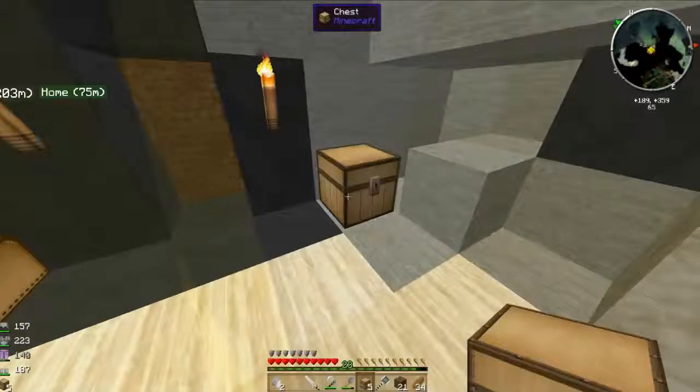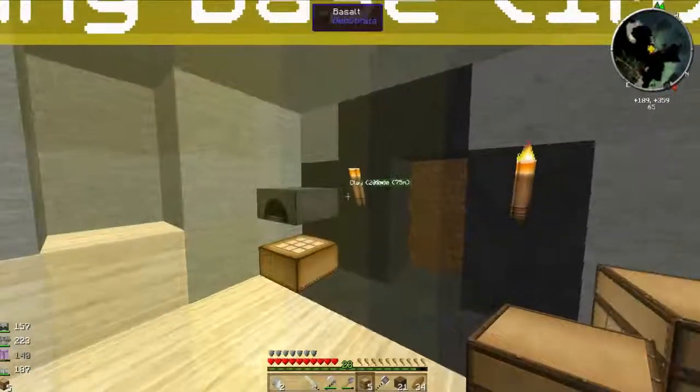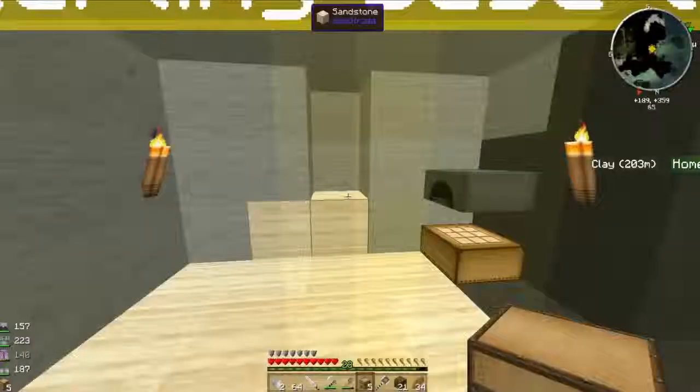Hopefully by this point you've already got a pick and you've mined out your area. Hopefully, if you did it by hand, I am sorry. And hopefully you've upgraded it to the stone pickaxe so you can get to work. So after you've made coal, got some torches set up, and got quite a few put back for resource gathering,